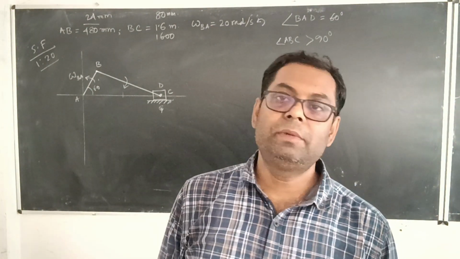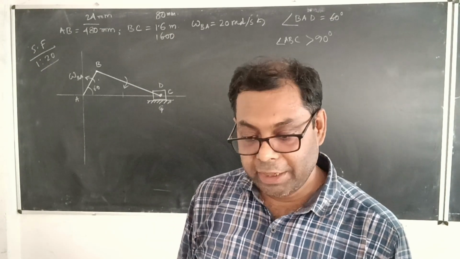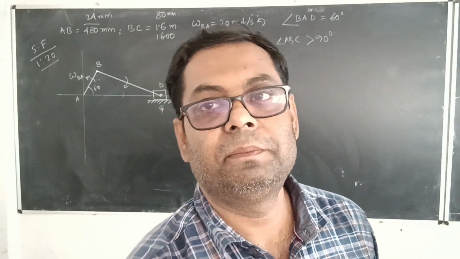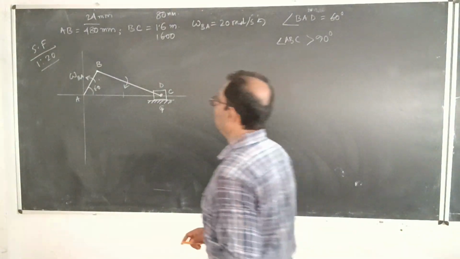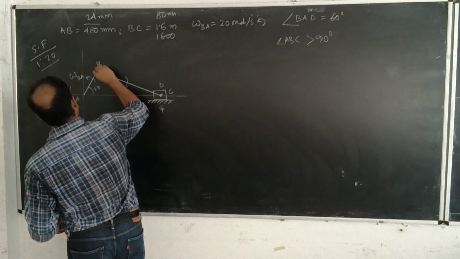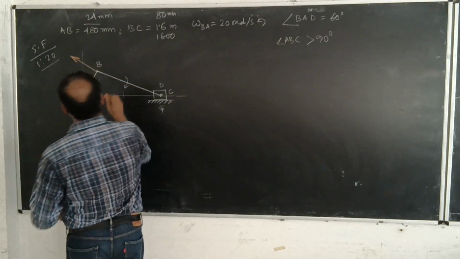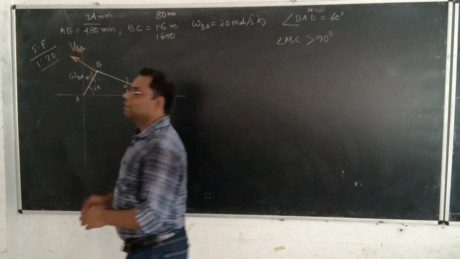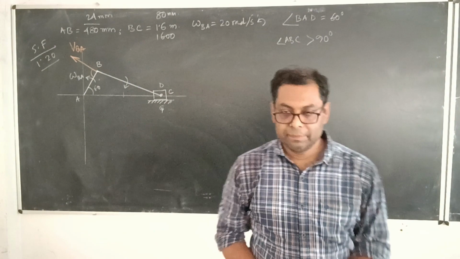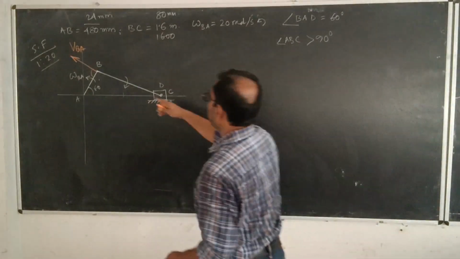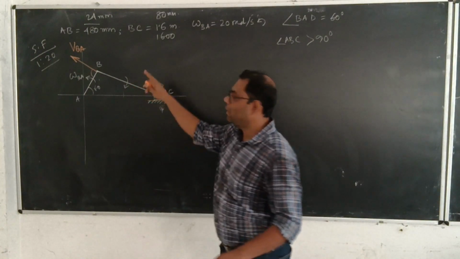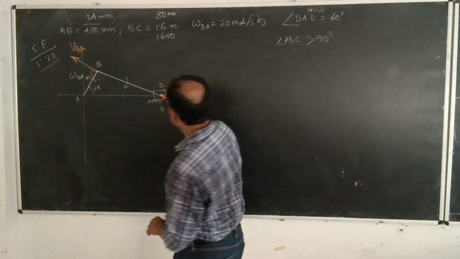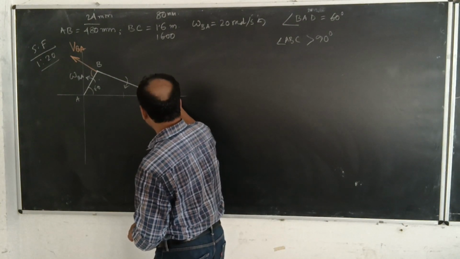So now it's time to draw the velocity components. Okay, and then we are going to draw the velocity diagram. So for that purpose, what are we going to do? We are going to draw a line which is perpendicular, and this is the orientation of VBA. And with respect to B, because C is having a clockwise type of rotational motion, so definitely from point C over here,